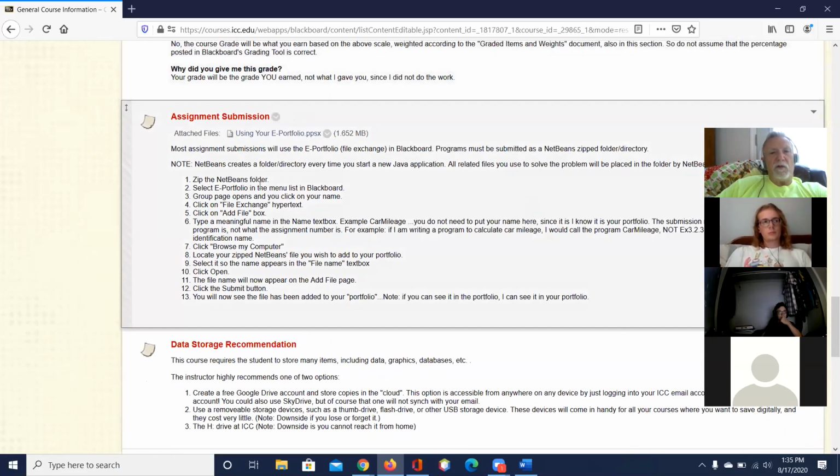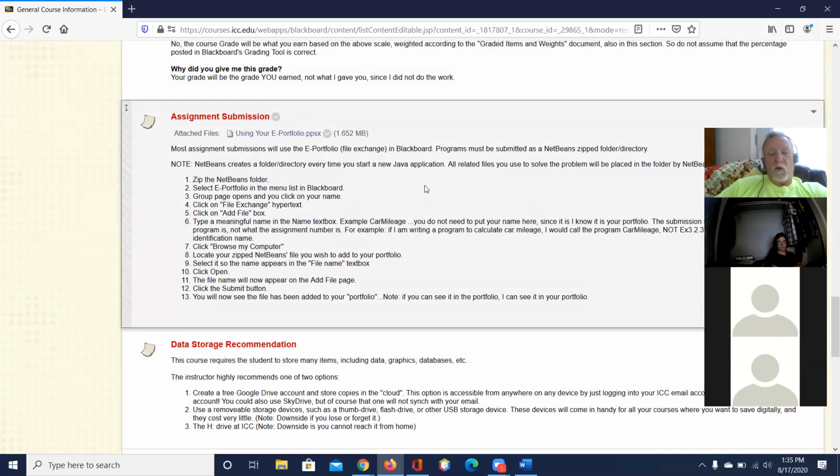Assignment submissions, it has to be in a NetBeans folder. No choices. You can't use any other products. It just makes it easier. Well, you can imagine, I have approximately 75 Java students, and each one of them turns in 3 projects a week.